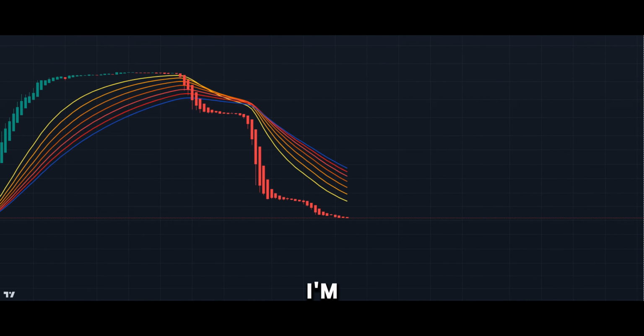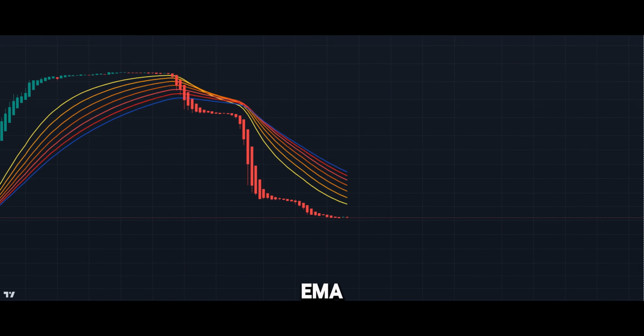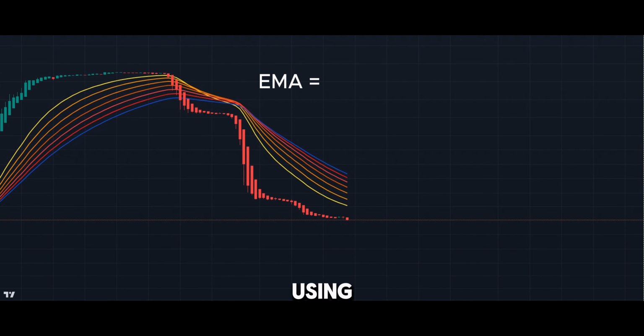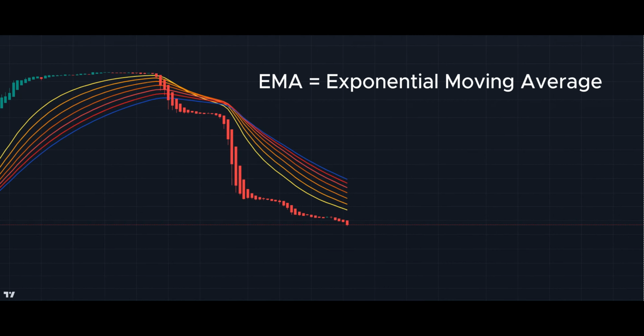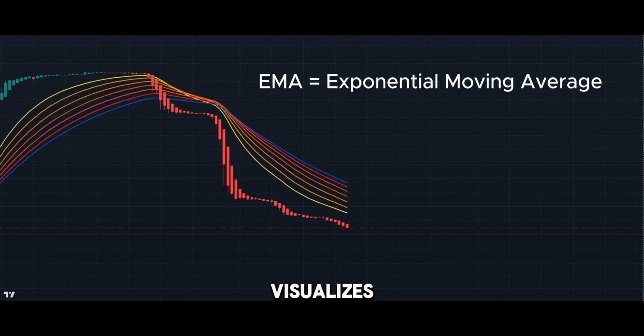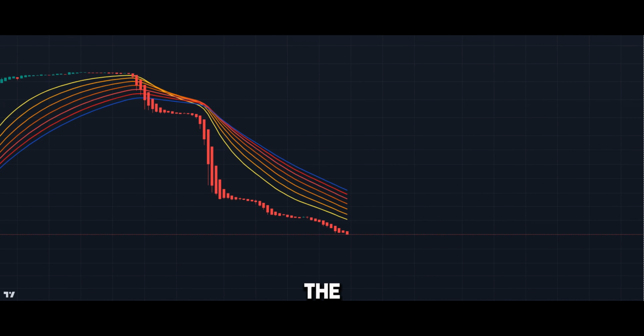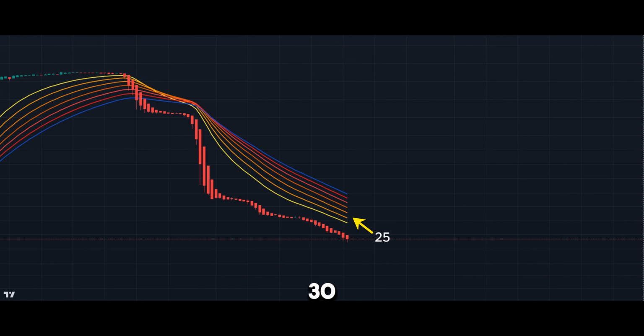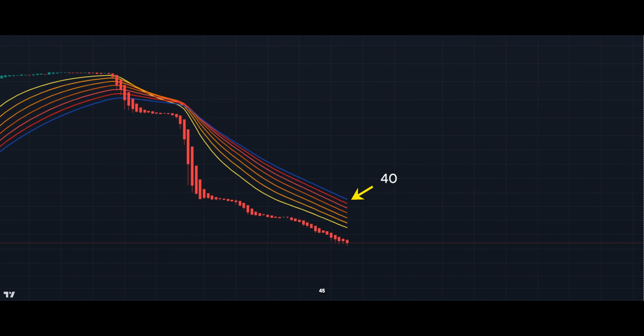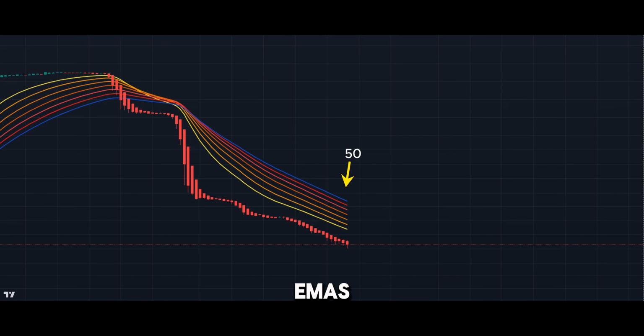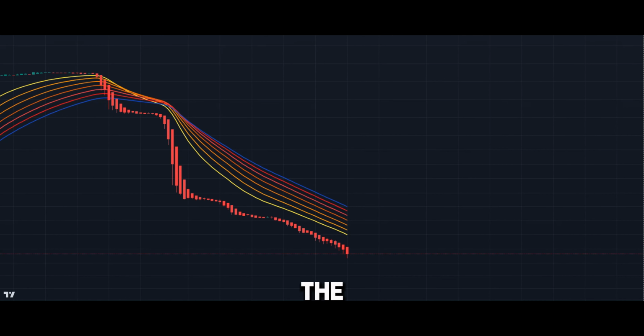In today's video, I'm going to show you how to add custom EMA ribbons to your TradingView charts using a Pine Editor script. Now, this tool is super handy as it visualizes multiple EMAs at once, specifically the 20, 25, 30, 35, 40, 45, and 50 EMAs to give you a clearer picture of the market trends to help you